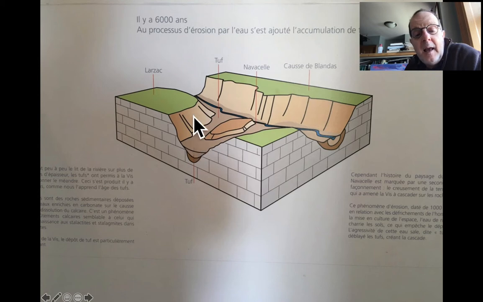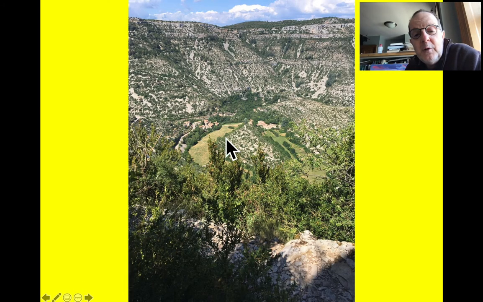Then, in that period, it stopped going around here. I guess the flow was too great, and it cut this area off, and we ended up with this beautiful little village down in the bottom of this gorge with the river flowing back. And by the way, there's waterfalls back here. This is a beautiful place to go. Gorgeous. You have to climb down